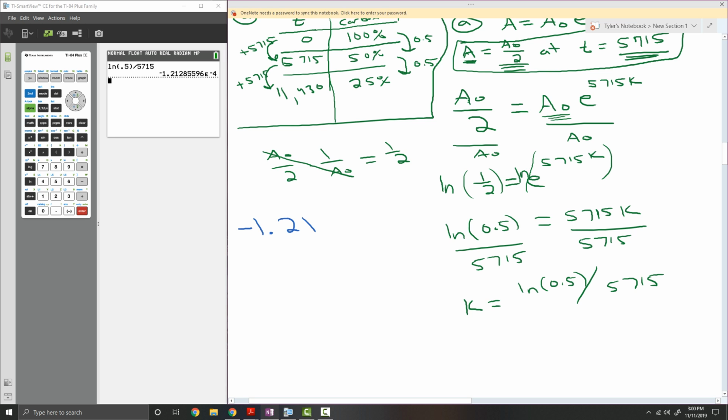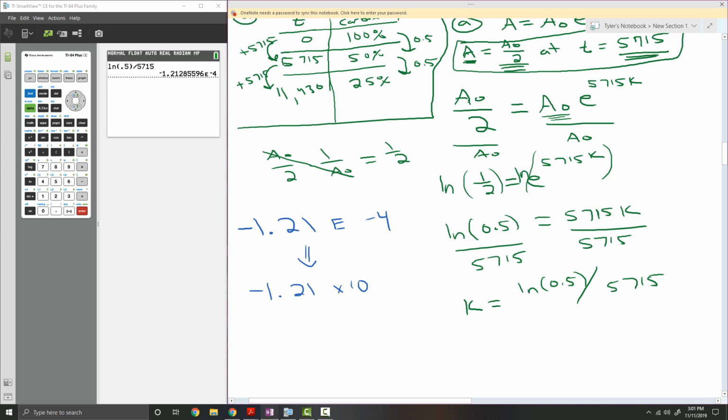I had too many ones there. Sorry, that's what was tripping me up. So we got 1.21. I'll just write that out, and then we have e to the negative 4. So I just copied down my answer, but I only went out to 2 decimal spots. So what this means is negative 1.21